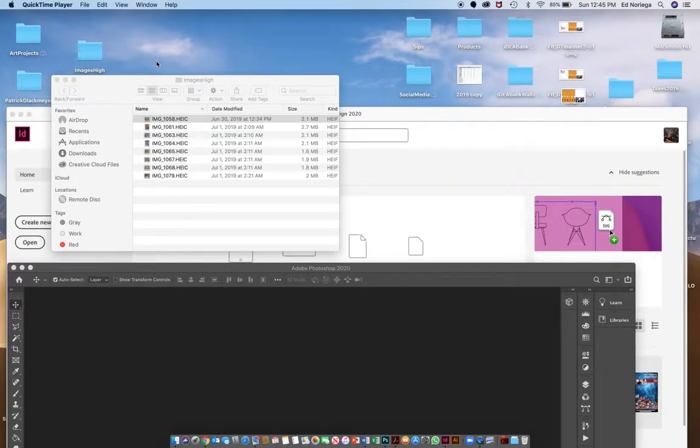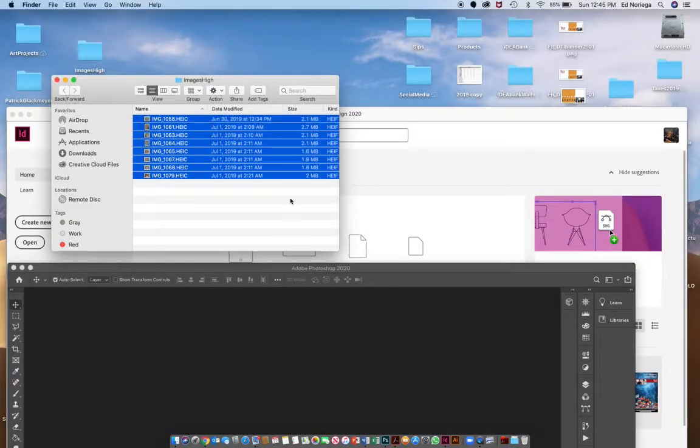Okay, so this video is the second video, and it's going to be on preparing your images for your portfolio. What I've done is I've downloaded a number of images from my iPhone onto my computer. These are the images here, and they're raw. I just brought them into my computer, and I want you to notice the file size of these images: 2.1,